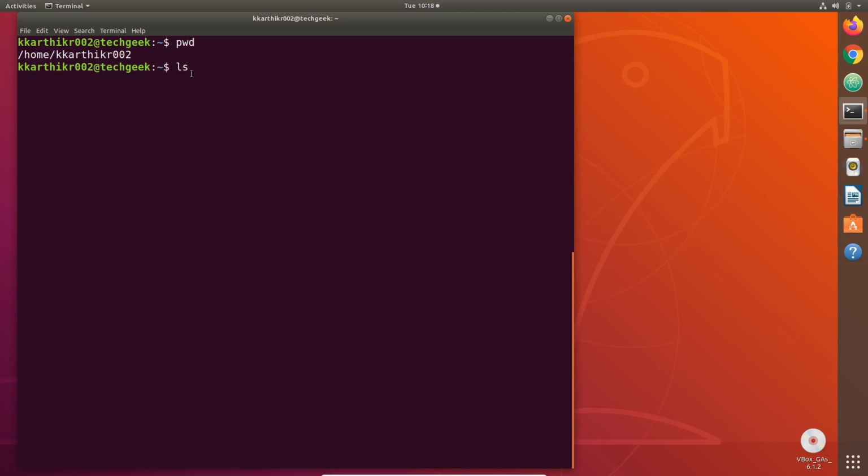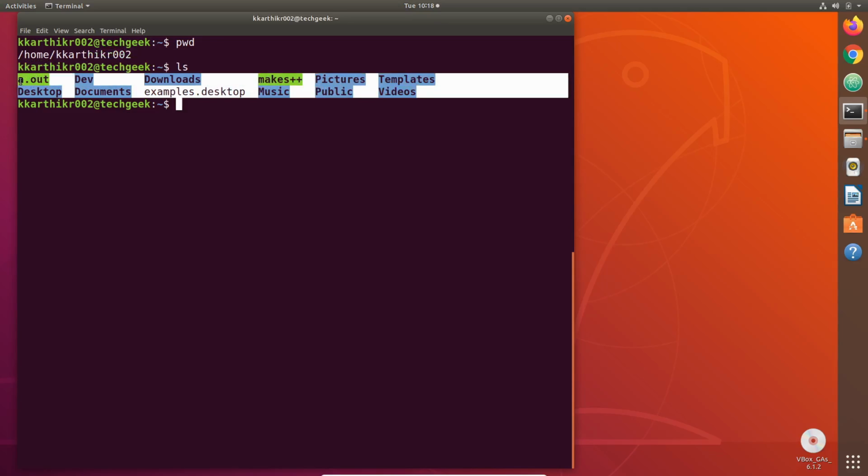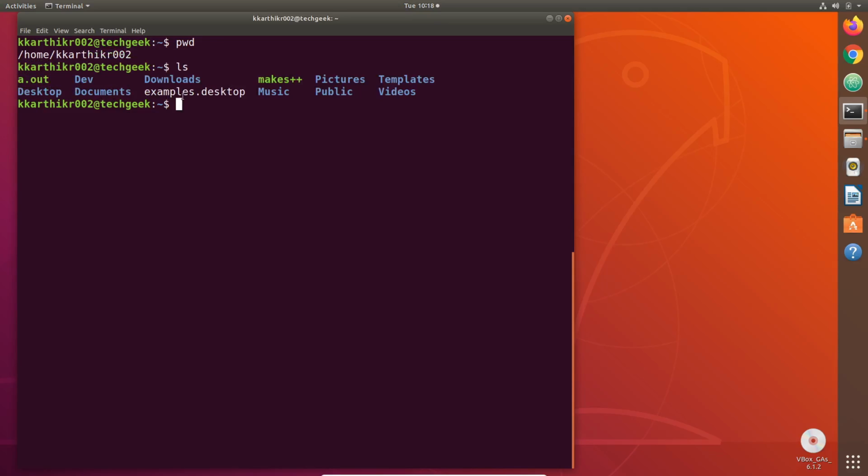Without any arguments, ls gives the contents of the present working directory. These are the contents of our present working directory. Now we have seen how to know the present working directory, and also how to print its contents.